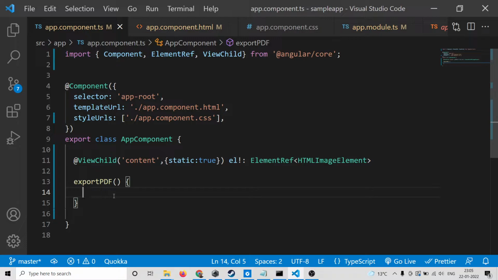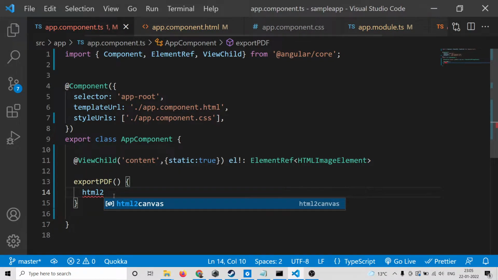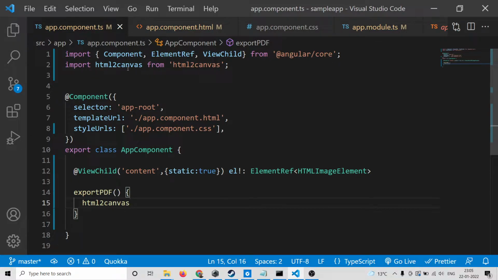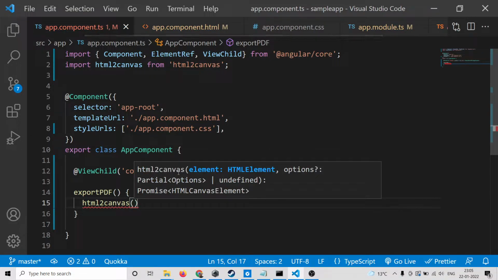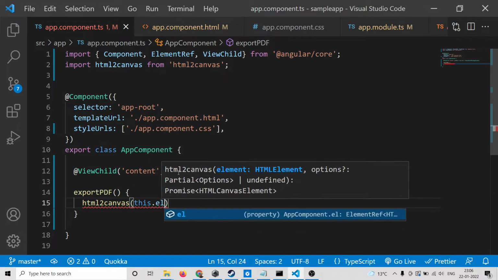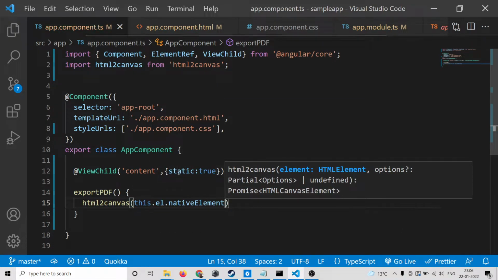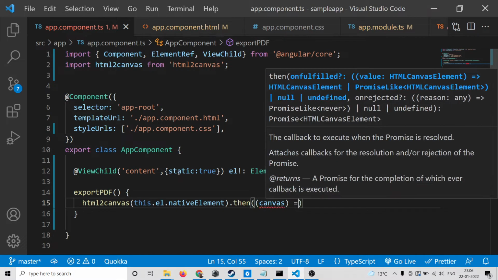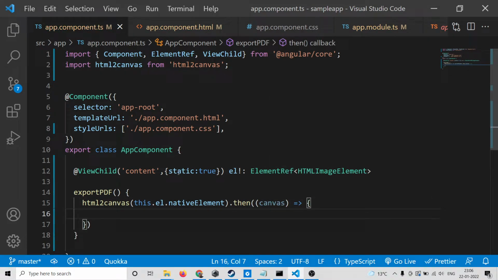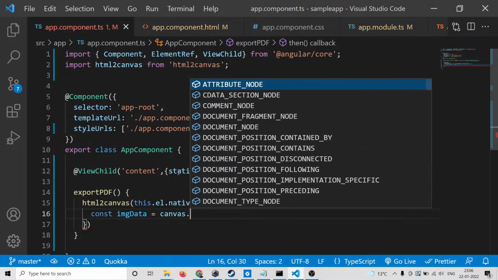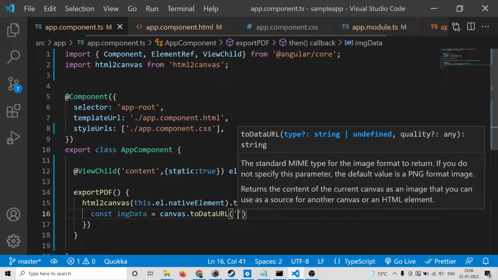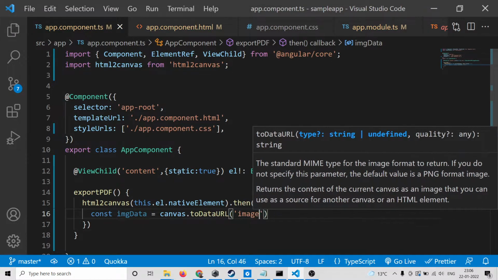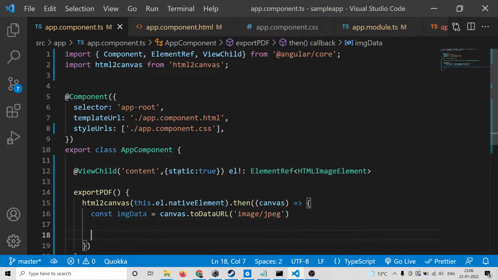Now we simply need to take the screenshot by using the html2canvas library. So you will see automatically html2canvas will be imported. And here we need to pass this.element.nativeElement. And after that, guys, this will return a promise. And inside this, we will be getting the screenshot in the form of canvas. So here we can get the image data like this, declare imageData, and we can convert the canvas to data URL. And here we can just provide image/jpg. You can also provide PNG, but I will stick to